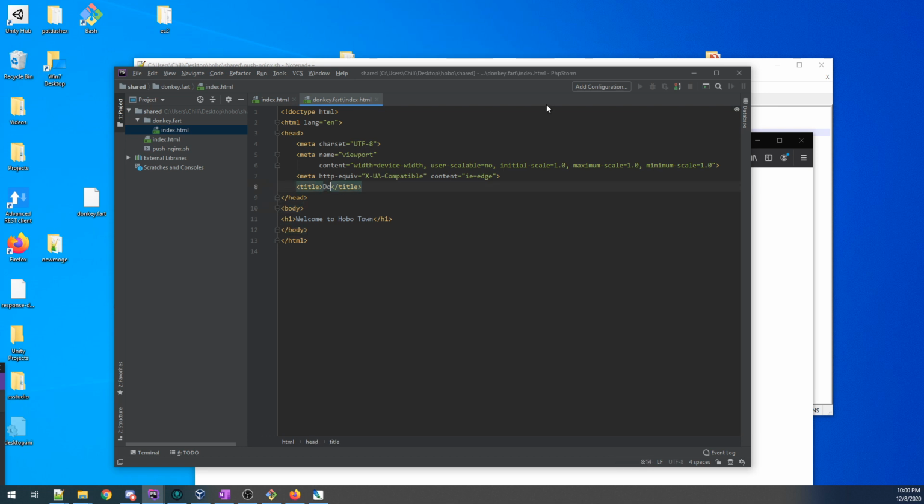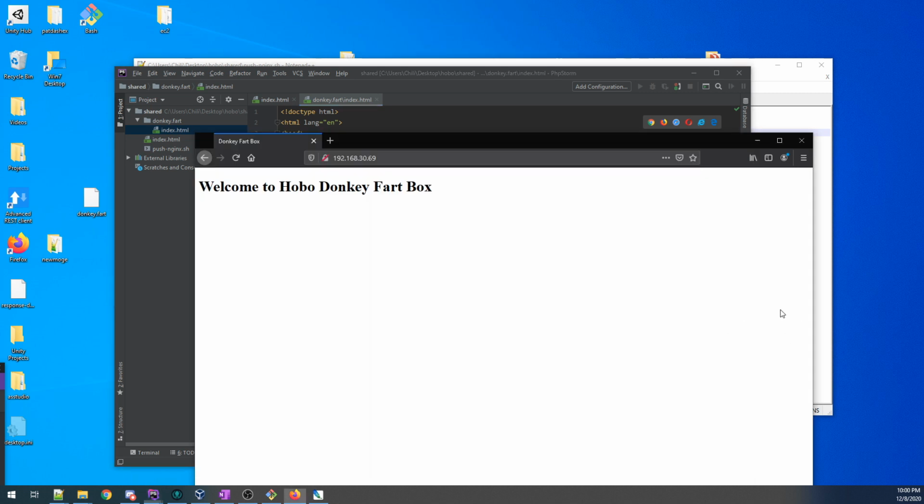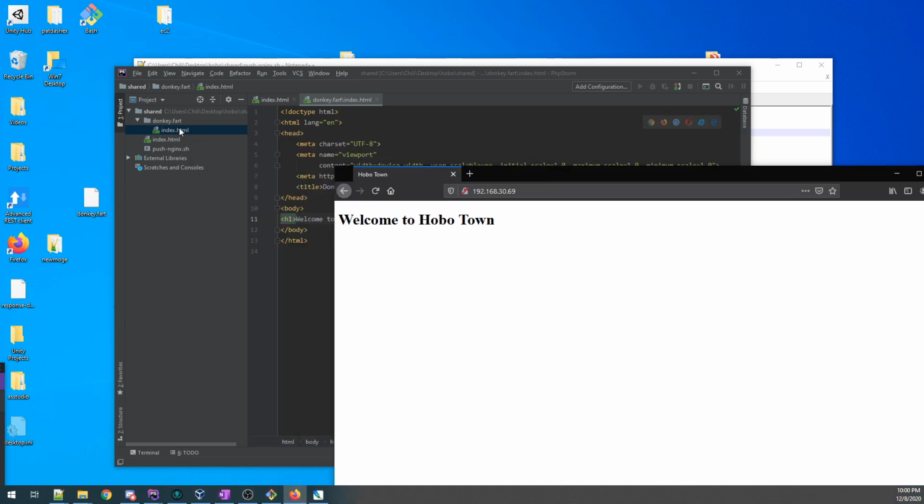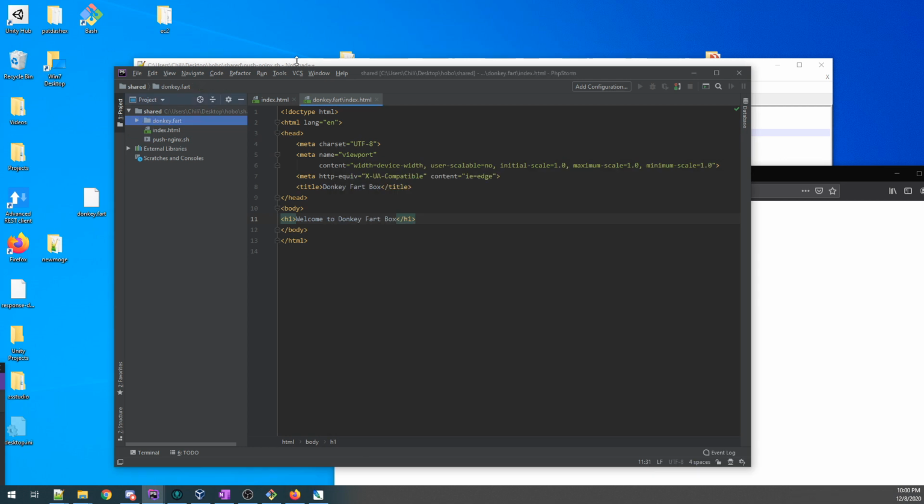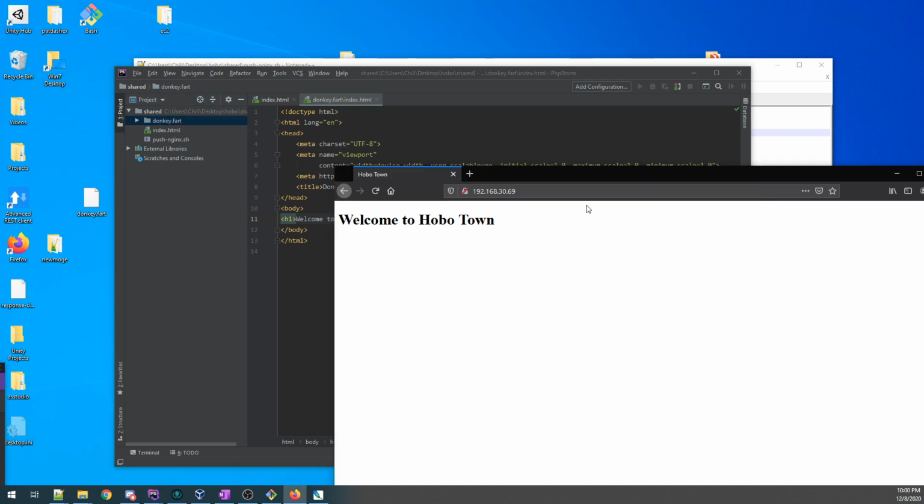So, donkey fart box. Welcome to donkey fart box. Okay, we run this. We see welcome to Hobotown. That makes sense, right? Because it's the default site, and this is not the default site. This is donkey.fart. Now, if we go to donkey.fart,